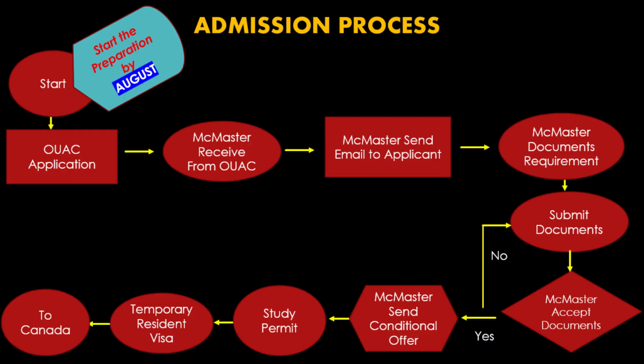Let us see the admission steps and procedure. As I mentioned earlier, for the September intake admission, you need to start collecting the information in August of the previous year. Since McMaster University is situated in Ontario province, there is a common application for all universities in the Ontario province. This is the OUAC application. Check the deadlines for OUAC application submission and also keep checking the OUAC website for starting the application.